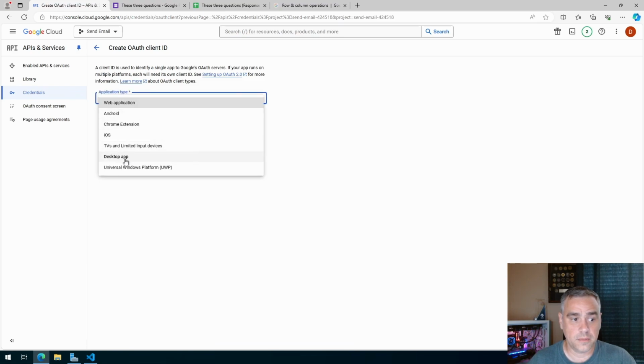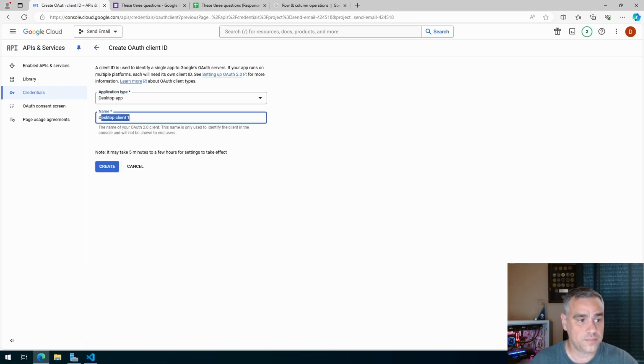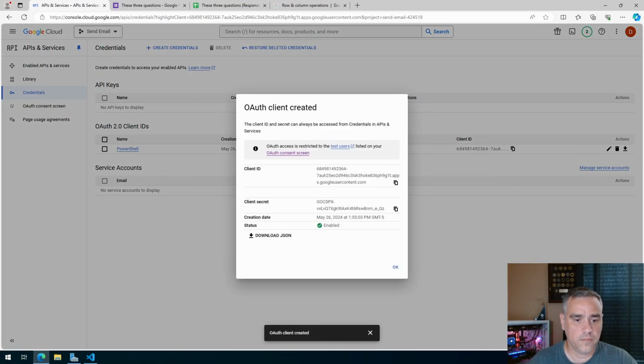Application type, it's going to be a desktop app. We'll just call it PowerShell. And then it gives you a client ID and a client secret. So like we did previously, we don't want these values to be saved inside of our script. So I'm going to go ahead and